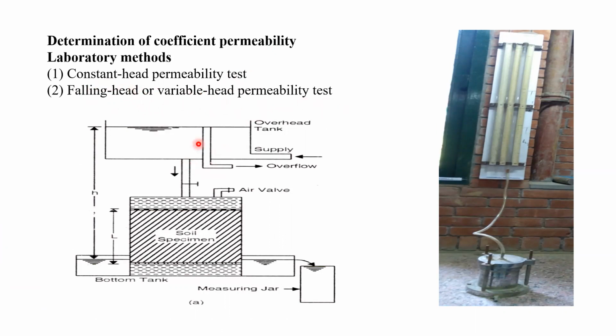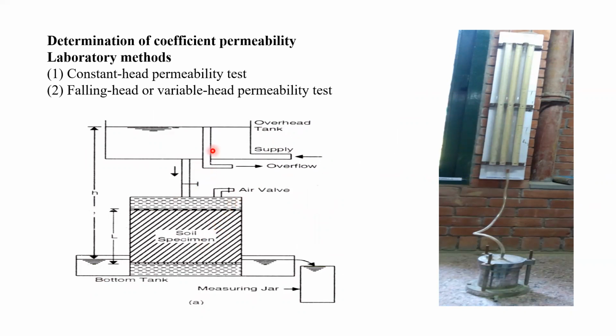You can see here two figures are there. This figure indicates the constant head permeability test, and this is for the falling head permeability test. You have to remember it. The constant head permeability test is carried out for coarse grain soil, right? And the falling head permeability test is carried out for cohesive soil, clay soil, or fine grain soil. Why? What is the reason for using one for coarse grain soil and the other for fine grain soil?